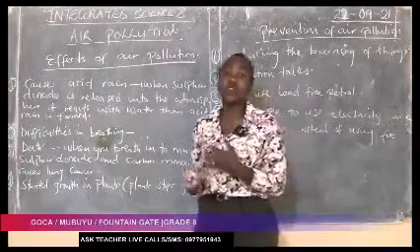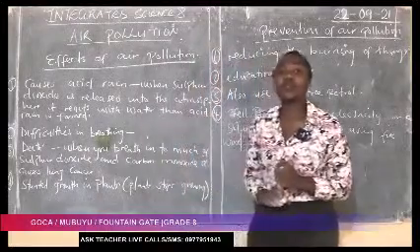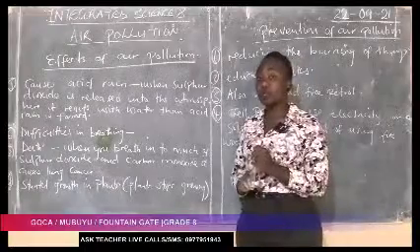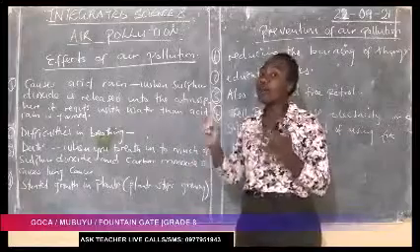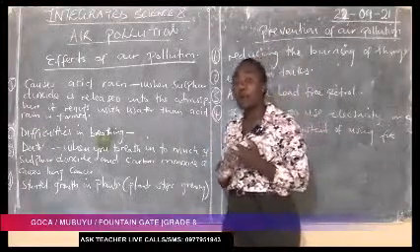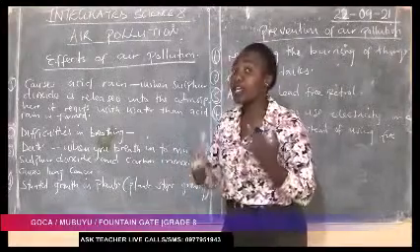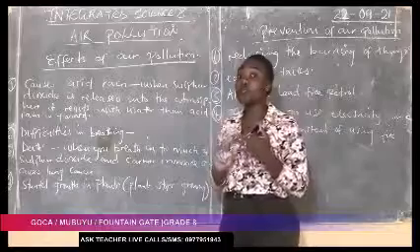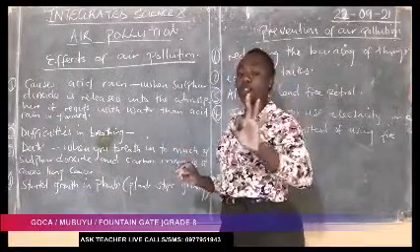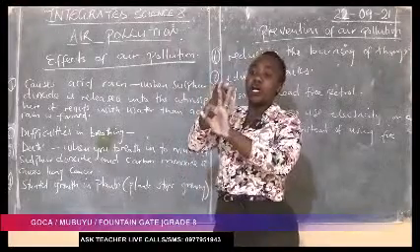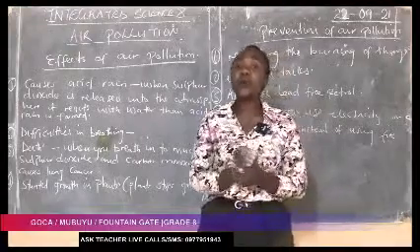If there are any questions, you can text us on that number on the screen, okay? So at least we're done with the environment. At least we're able to know what causes water pollution, what causes land pollution, and what causes air pollution. We're able also to explain to people the effects of water pollution, the effects of land pollution, and the effects of air pollution, and how you prevent the 3 types of pollution, which is air pollution, water pollution, and land pollution.